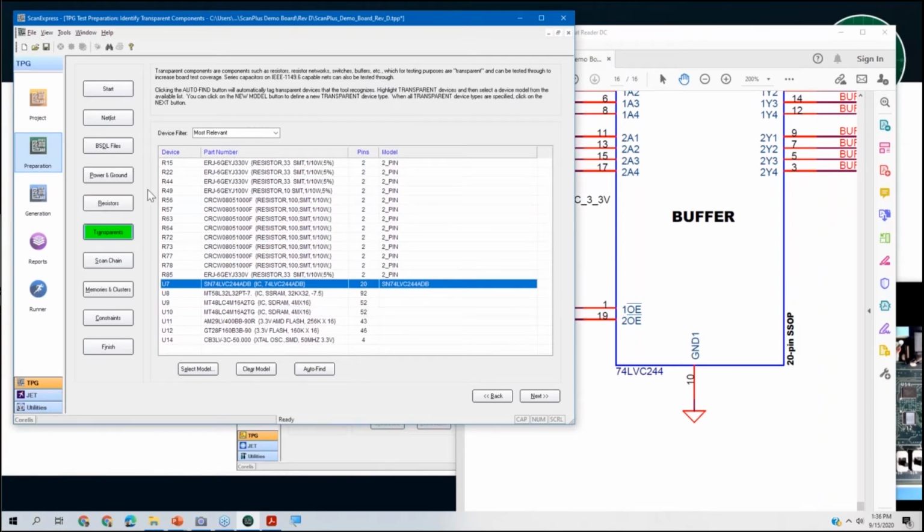So note that that model will be added to the library. So if you wanted to carry this library forward to another project, you can just copy that .lib file from this project to the next. And that's transparent. So this is our only transparent device outside of our resistors. So if I click next,